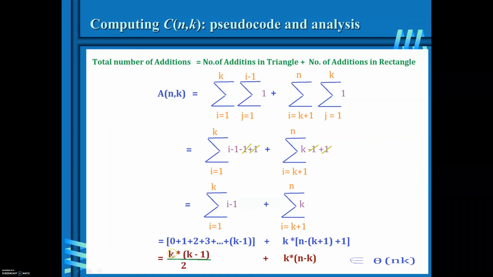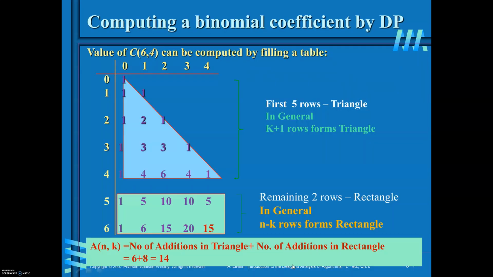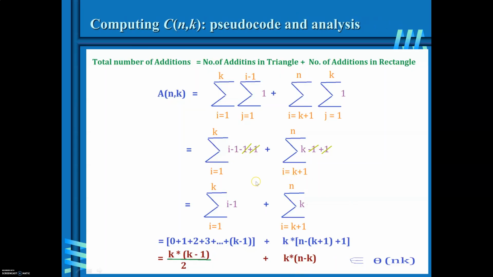Apply the k value here: 4 into 4 minus 1, 3, that is 6. And here 4 into 6 minus 4, that is 2, so total 8. The same thing we are getting here. This is how you can calculate or find out the time complexity of this binomial coefficient. And the complexity of this algorithm belongs to theta of n into